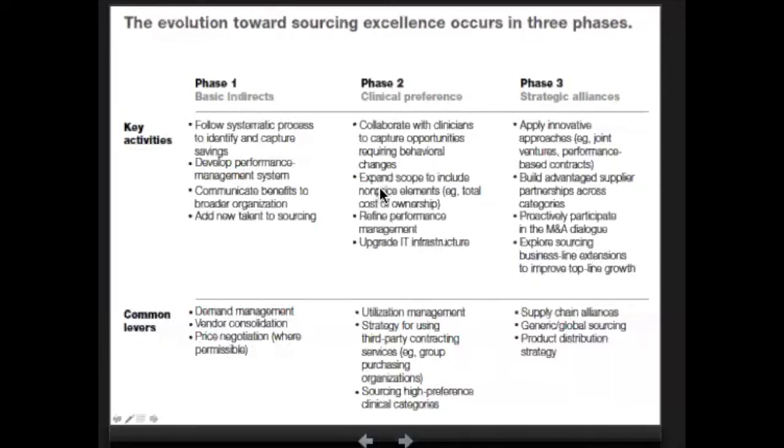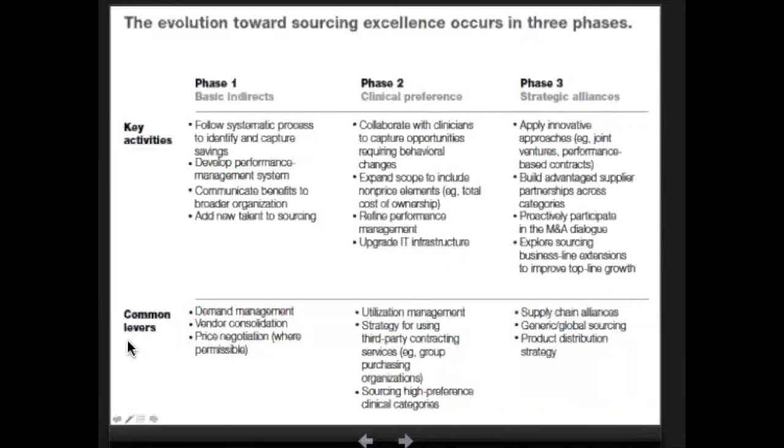So here we now have a sourcing function that needs to collaborate with clinicians to capture opportunities requiring behavioral changes. It expands the scope to include non-price elements. So here we're not just looking at price reduction, but also the total cost of ownership. We just talked about it. There's a refinement of performance management because it's multidimensional performance now. And then there's the upgradation of IT infrastructure to take care of these different performance measures and understand how they're